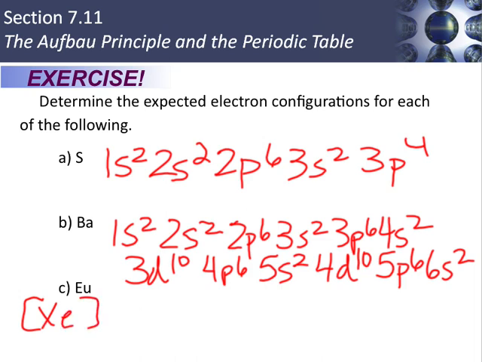Why is it okay for us to do that? Why do you think we pretty much can ignore all the other electrons? Well, they're all full, but so? They're not what? They're not valence. What's important about valence electrons? They're the ones that react. They're the ones that are gained or lost when you make ions. So they're the ones that are in play. The rest of them are core electrons and just kind of hang out. So we have xenon, and then it's 6s2, and then